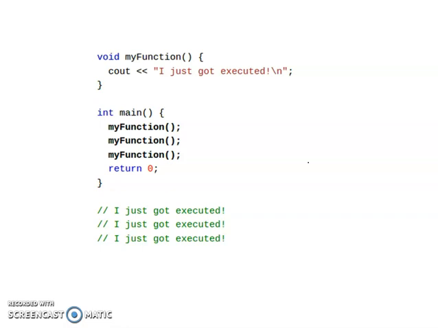Usually, if you talk about functions, suppose, for example, assume that you have a program, and in this program you have, let us assume, 10,000 lines of code.